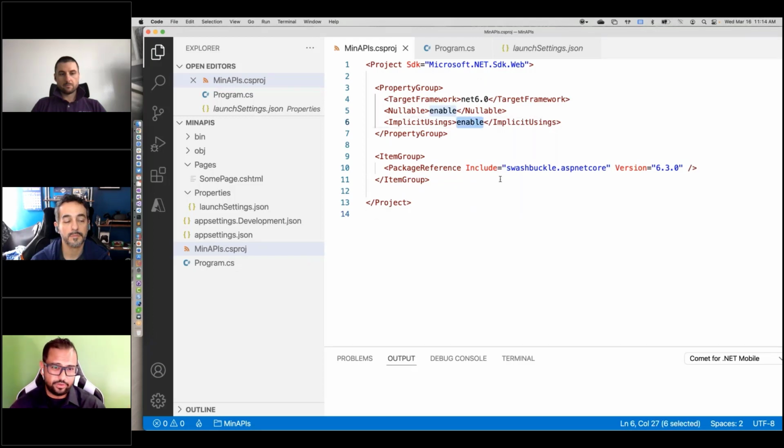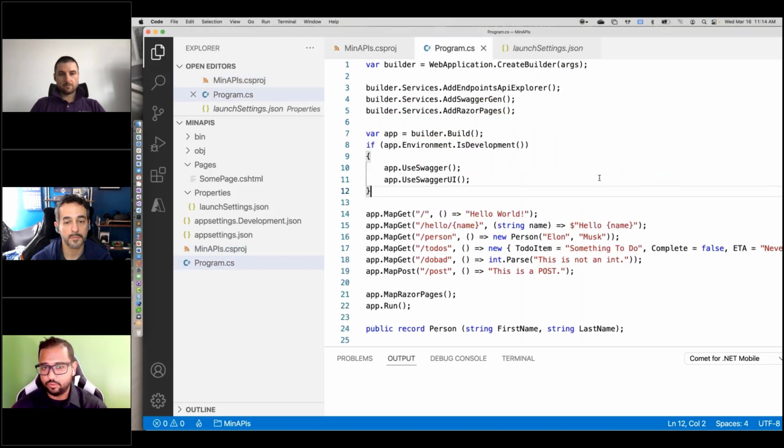This is a C# 10 feature, so I have file scoped namespaces and global usings, so I don't need to have all those big using statements in every file of my project. It can just be in one place. So it's a very simple, clean SDK style project. And what I'm doing here is just bringing in one NuGet package called Swashbuckle.AspNetCore. Now take a look at my Program.cs.